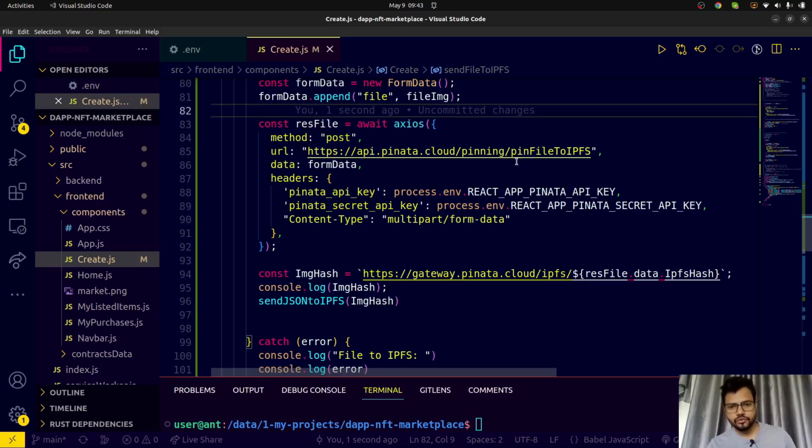In Pinata, there are so many methods. We're going to call pin file to IPFS. So this is basically to upload or pin a file to IPFS. This is the method of Pinata, and the data is a form data, which we're going to pin, and the headers,